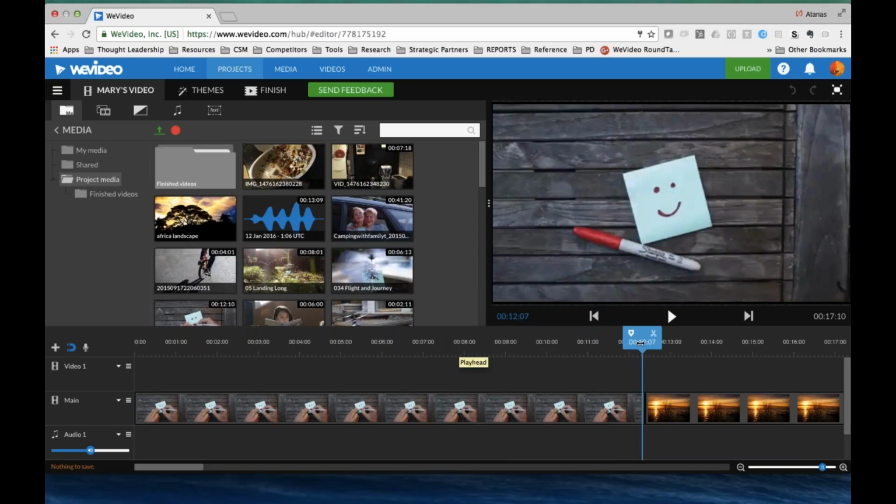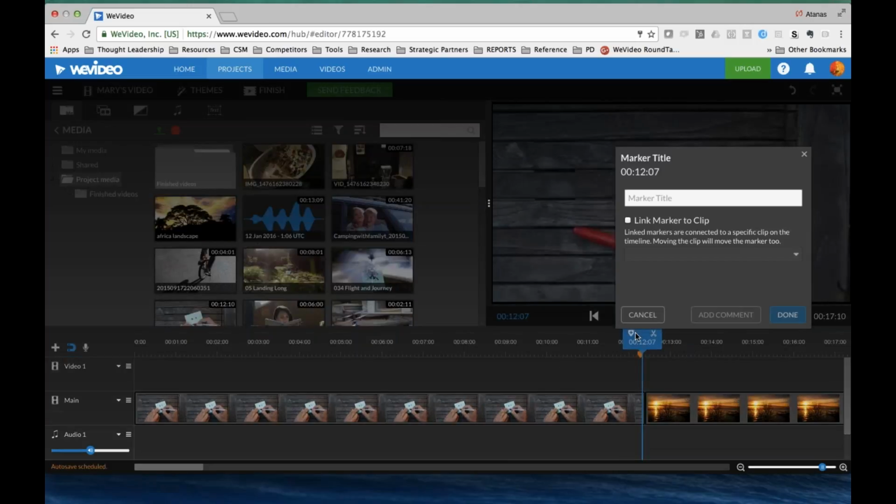The first is this commenting feature. So I can add a marker at any point in time here in this timeline. I can name it anything that I want, and then I can either link it to the timeline itself, sort of put it in a specific point in time, or I can link it to one of the clips under the scrubber here.